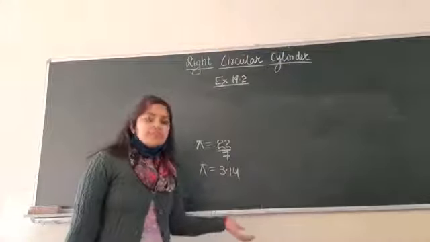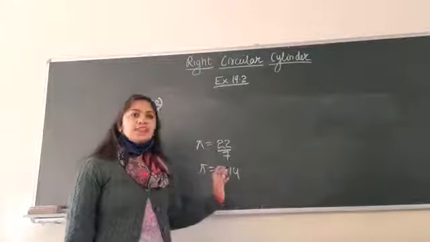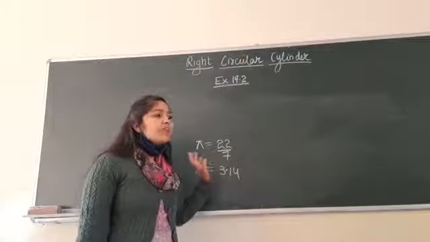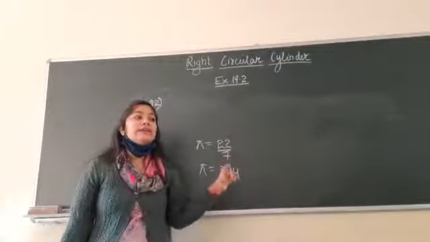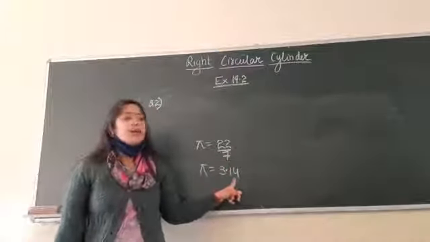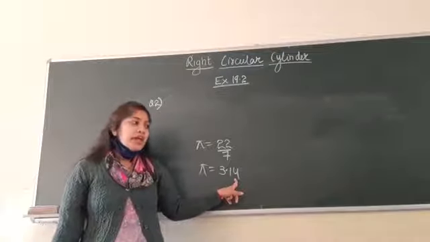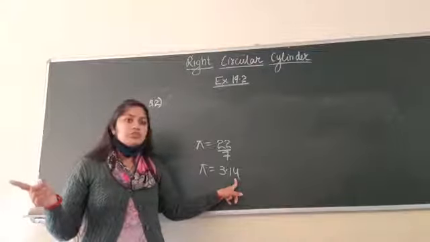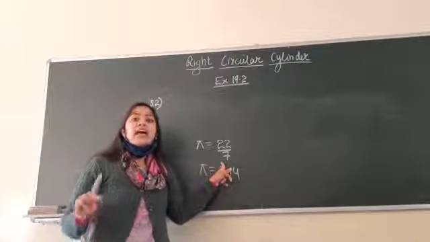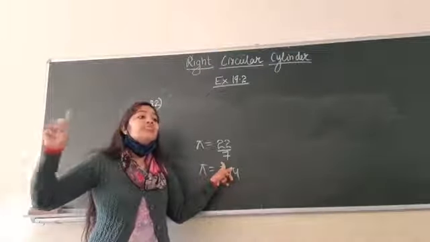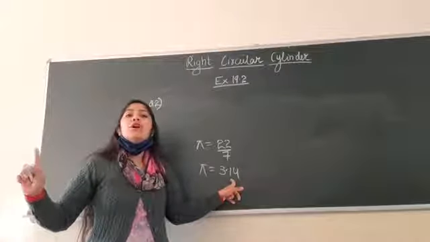So if nothing is mentioned in the question about the value of pi, you can take any of your choice, but mostly we take 22 by 7. And in case it is mentioned in the question that you will take pi as 3.14, then you will take this value only to solve your question. If you neglect that thing in the question and you take value 22 by 7, you will not get the exact answer, or you can say the right answer, because